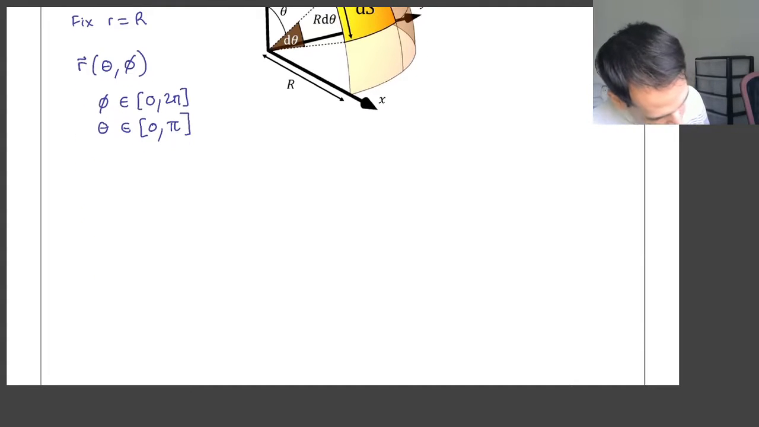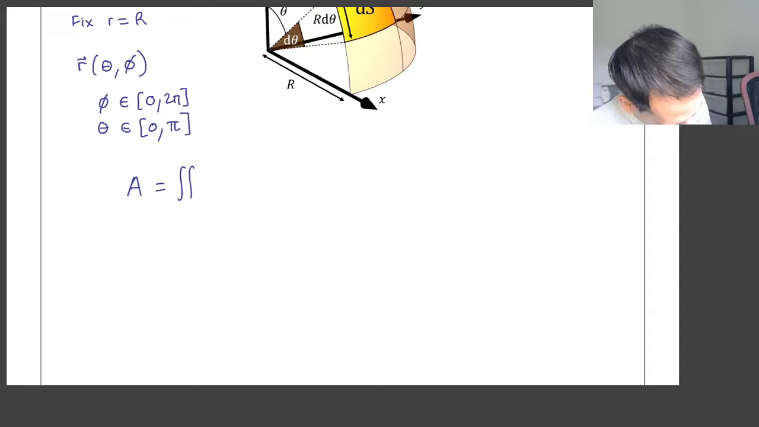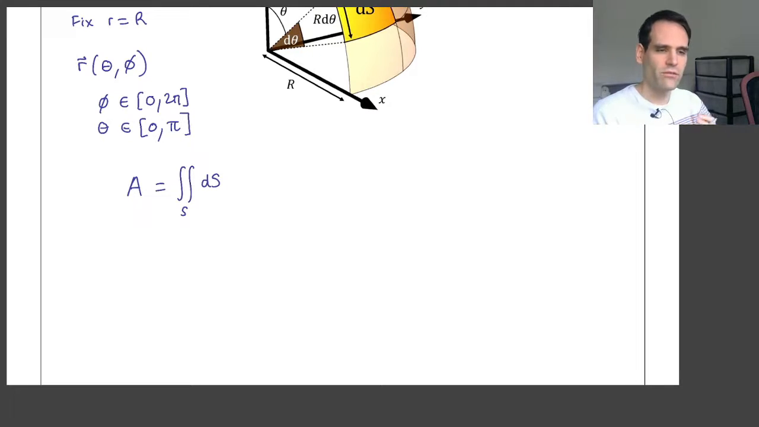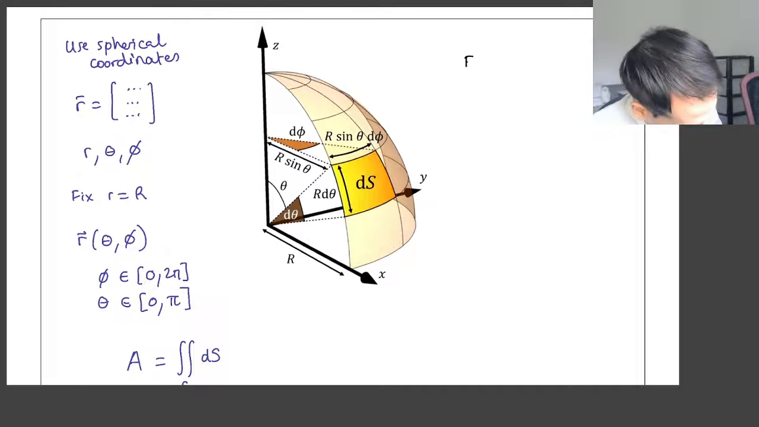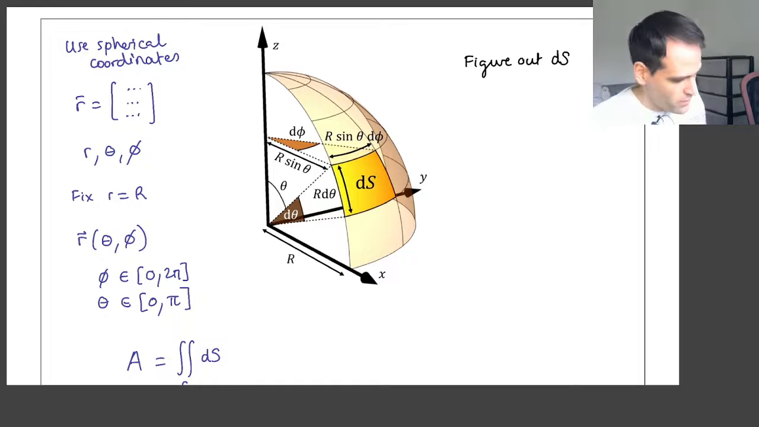So now we are ready to calculate the surface area of a sphere by doing the surface integral of ds. Okay, but we need to figure out what ds is. And that's when we are going to use geometrical intuition. So figure out ds. The trick is the same as earlier. We start by